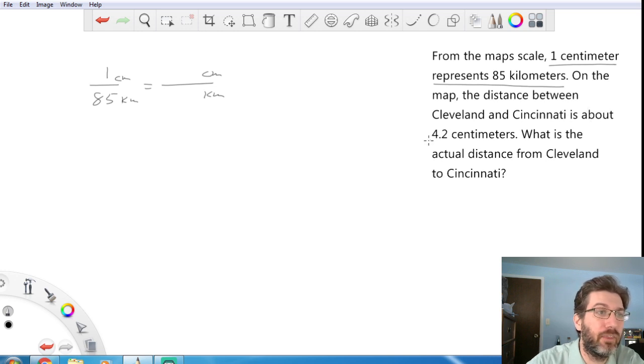We know that the 4.2 centimeters goes with the centimeters, so I'm going to plug it up there. And then this here is your unknown, so I'm going to call that x. And then you just do your cross products. So this times this,